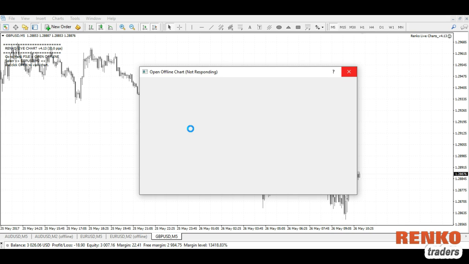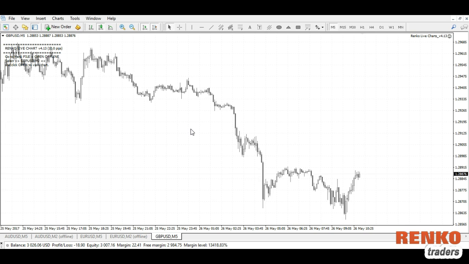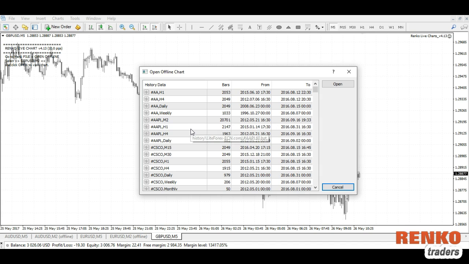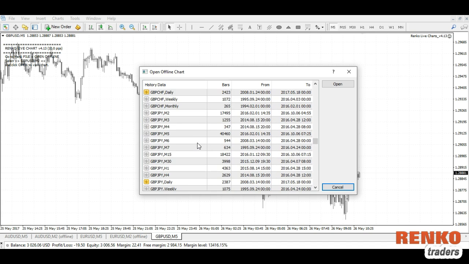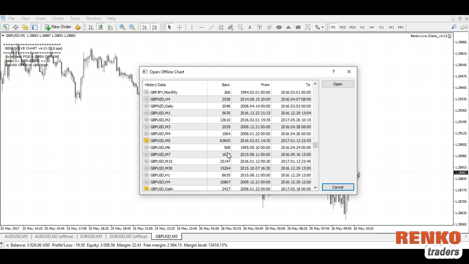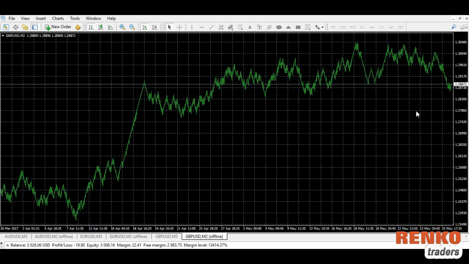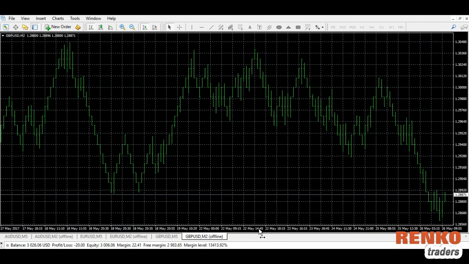As you can see, another drawback of using the Renkostreet Trading System is that it kind of slows down your MT4. Right now I just have two offline charts with two versions of the Renkostreet Trading System running, and it's already causing a bit of problems for the MT4 platform to run. I am currently using a 4 GB system, so you can see that the resources are quite intense. Okay, so let's go to the GBP USD 2-minute Renko chart, which you see here,